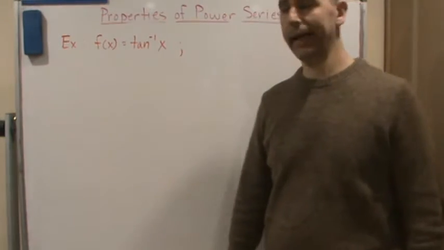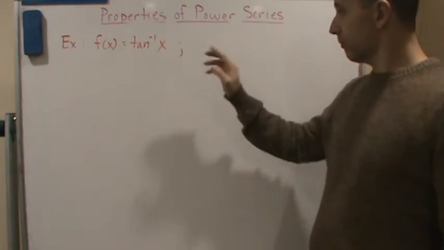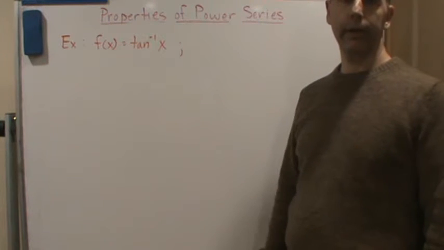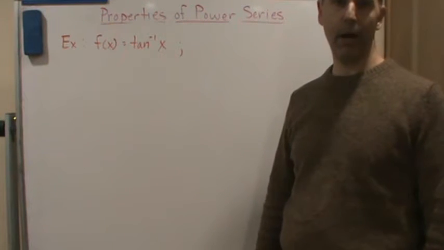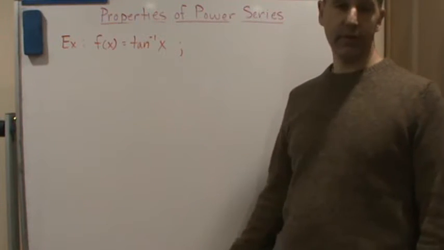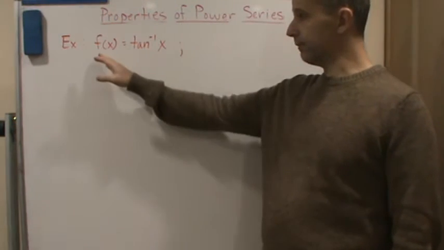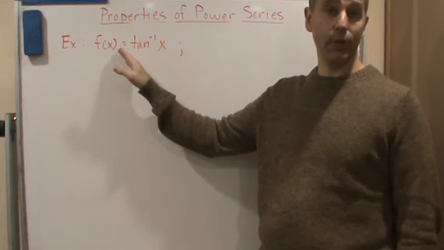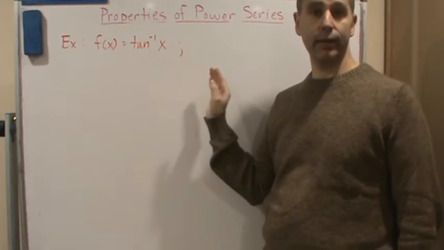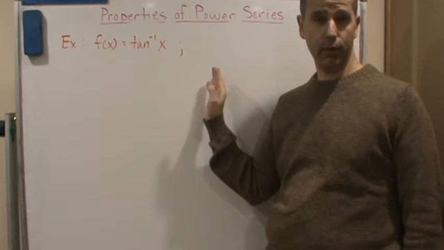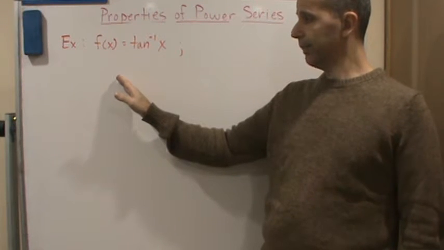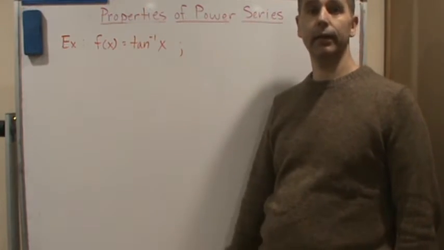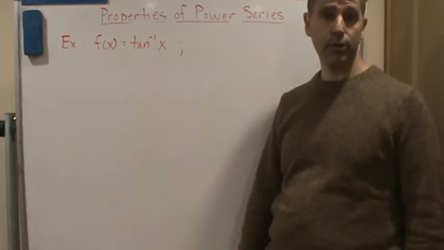Okay, so welcome back, and today we're going to look at finding a representation for this function f of x, a power series representation. So we're going to do the same thing that we did in the last video. We're going to find the derivative, find a power series representation for the derivative, and then by integrating that power series representation of the derivative term by term, we can find the power series representation for